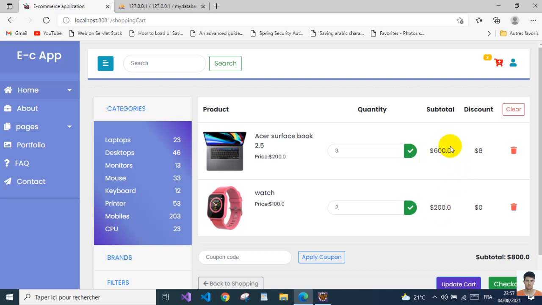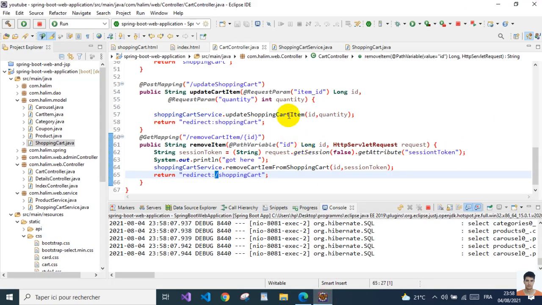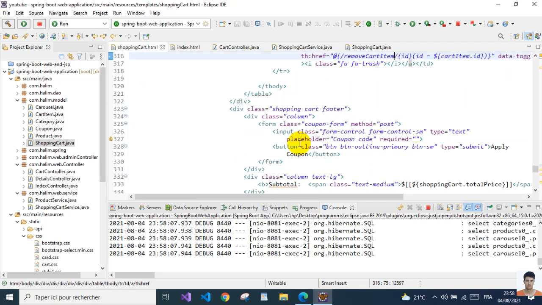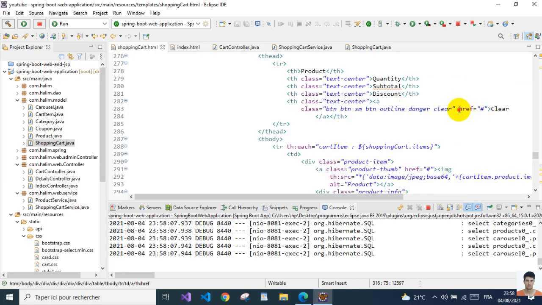This is the subtotal here, each one is 200 and the 3 gives 600, so the total is 800. Everything is right. So we need to add this clear here. And the clear button is very simple actually. You don't have to do anything special. The clear button is somewhere around here, and all I have to do is